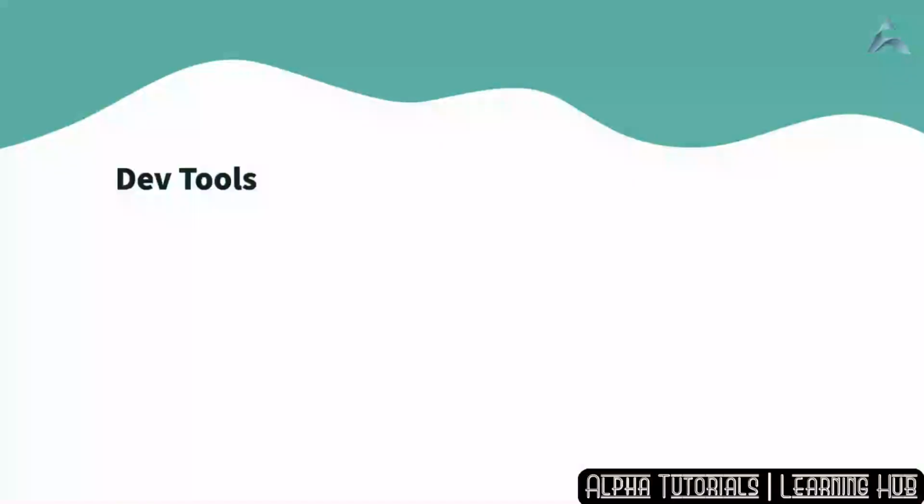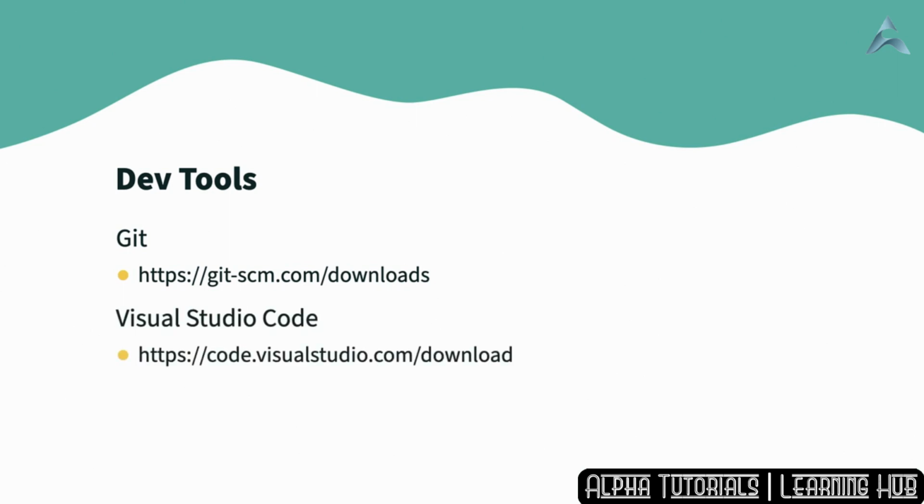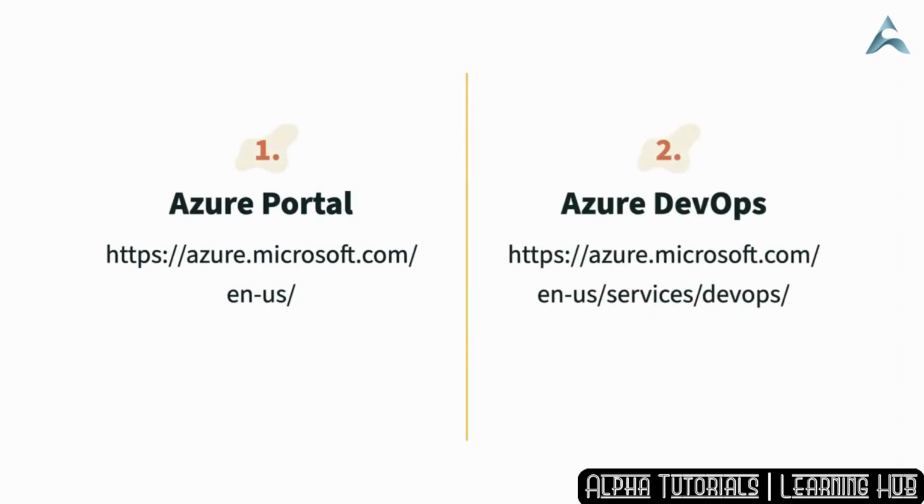Before we get started with this course, there are a few things you need to have. First, download Git to your PC for version control of the source code and Visual Studio Code for making changes to the sample web application we will deploy to Azure App Service. You also need to sign up on Sonar Cloud so we can use the code analysis feature. Next, you'll need to sign up on Azure Portal and Azure DevOps, so visit the link displayed on the screen